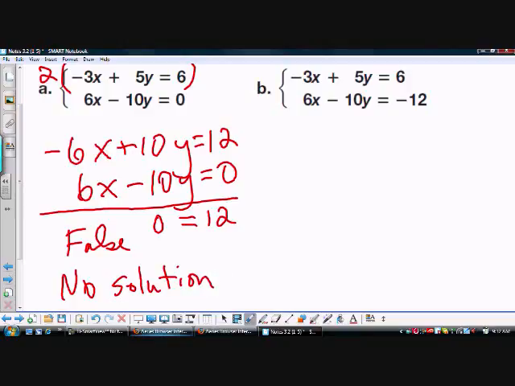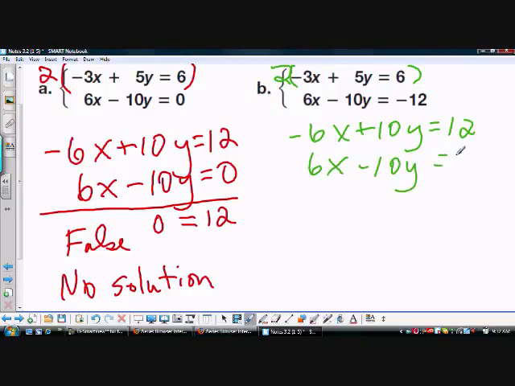Okay. The same thing's going to happen with this other one, except we're not going to get the no solution. But we're going to lose our variables in this other one. So I'll multiply this top equation by 2 to get negative 6 and 6. So I get negative 6x plus 10y equals 12. And then I had 6x minus 10y equals negative 12. When I go to add, 0, 0, I get 0 on the left side, and 12, negative 12, I get 0 on the